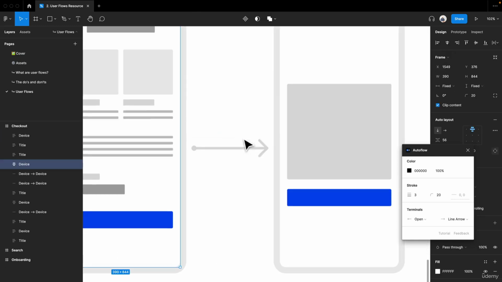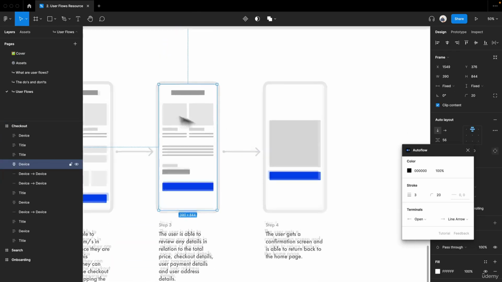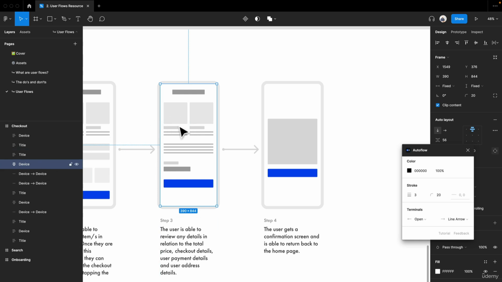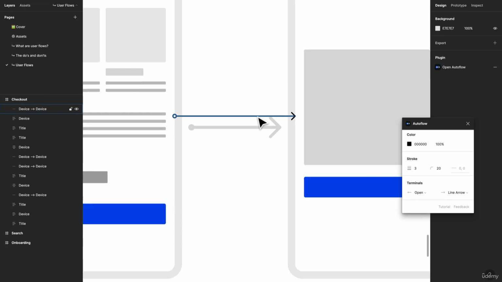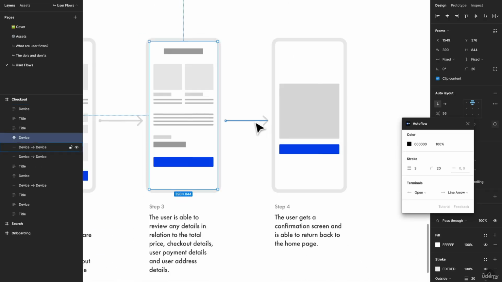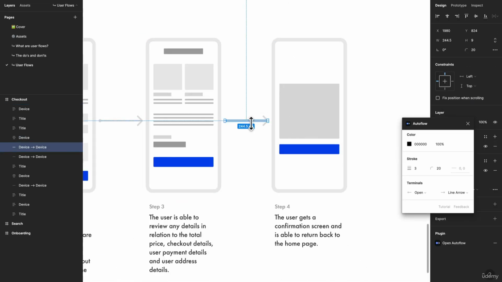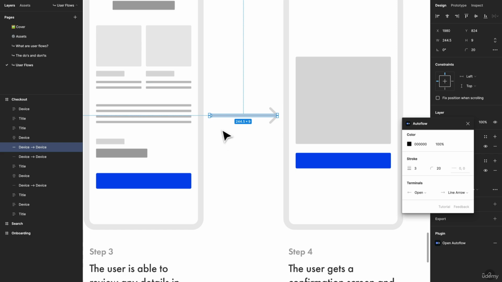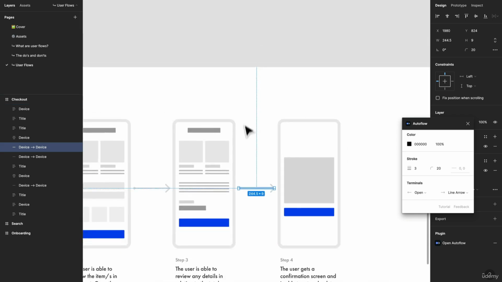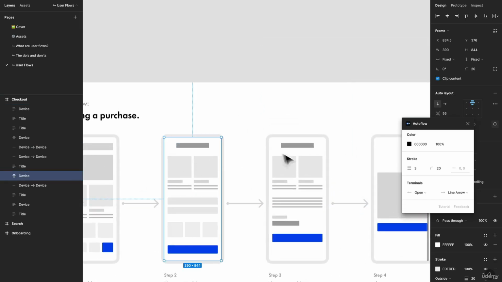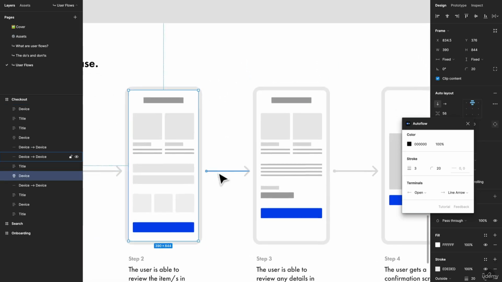So all you need to do to use Autoflow is click on a device, click on another device while holding shift, and it's automatically going to create the arrow for you. So totally up to you what you want to do. If you want something a bit more custom and different types of spacing, you have to go this route. But if you did want to create a user flow just really quickly, I would definitely suggest using